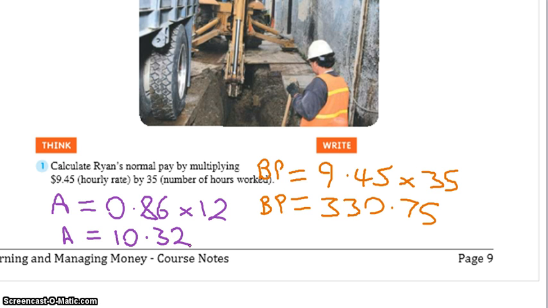Now, Imogen, you were about to ask, could you just minus, what did you want to minus? Okay, if you took 12 hours off that, what we've done is we've worked out the base pay. We've worked out what his allowances are. Now, how do I work out what his total pay is? Okay, so I'm going to say that's base pay plus allowances. See how I keep trying to make these formulas? Just so it makes my life easier and I know exactly what I'm doing at any given moment. So that means his total equals